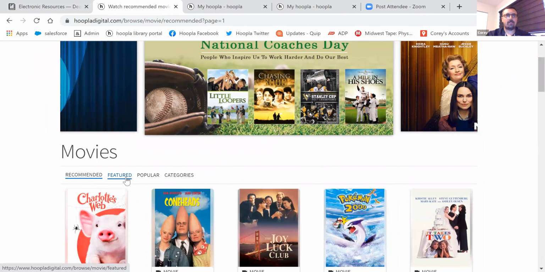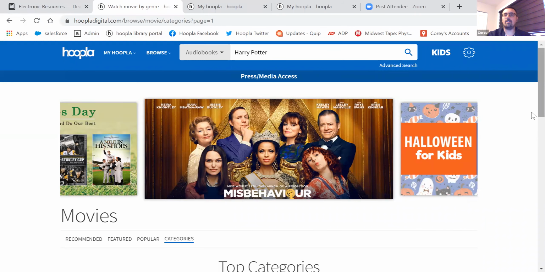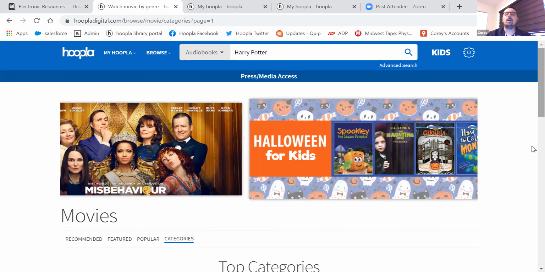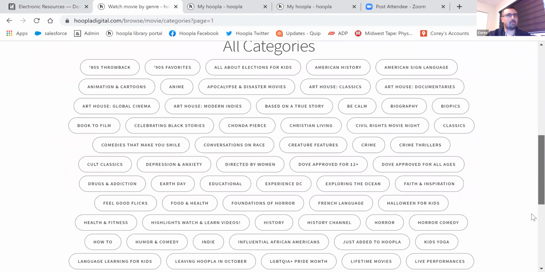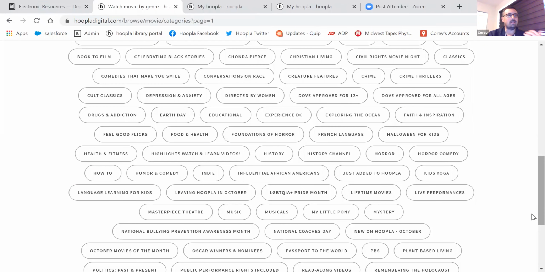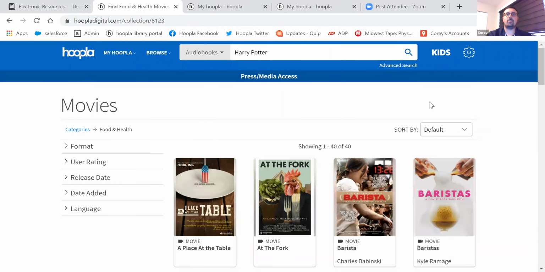You will notice we have the same things here. The one thing I do want to point out is we do have categories. So as I mentioned, we have a lot of material. This unfortunately is a lot of bubbles, but it's the cleanest way we can do this to really get down to what you're looking for. So anytime you click on categories, you're going to find a lot of different collections that we've built. So maybe you want to see food and health. You would just click on the bubble and it will take you to the collection we built for food and